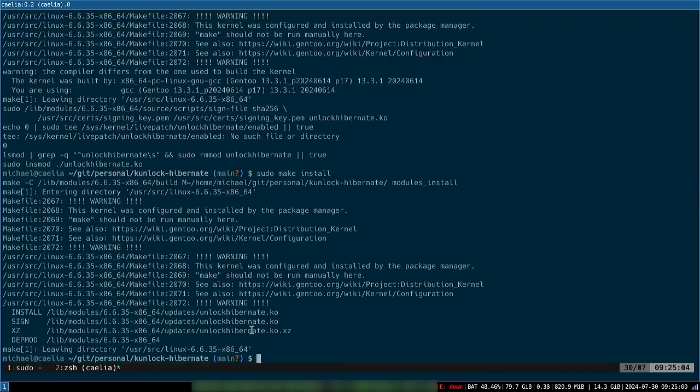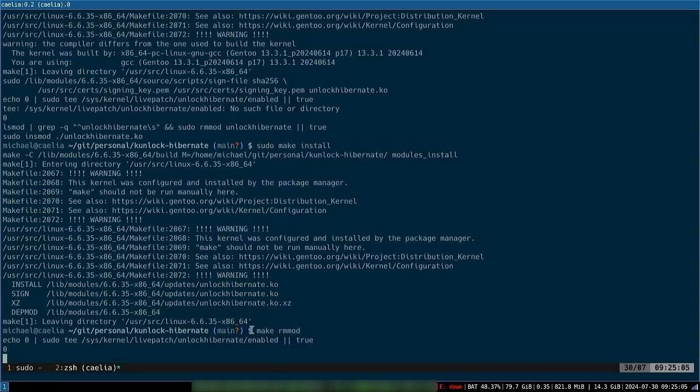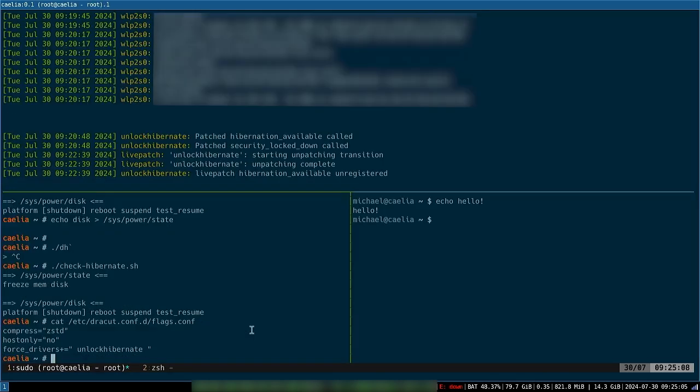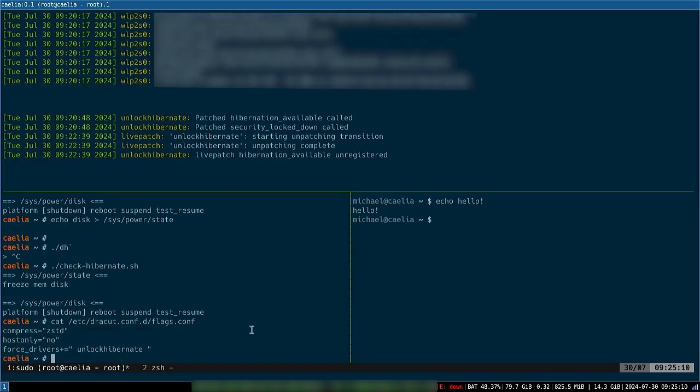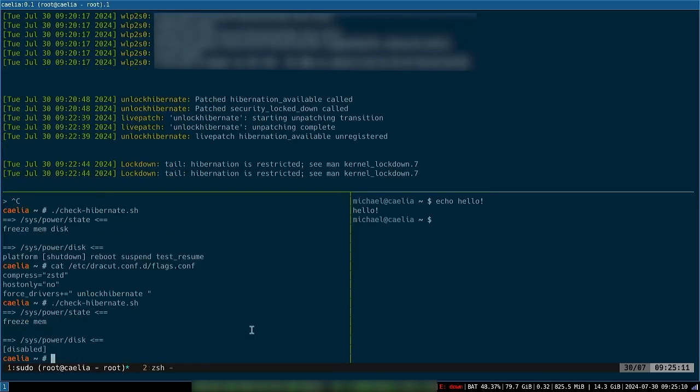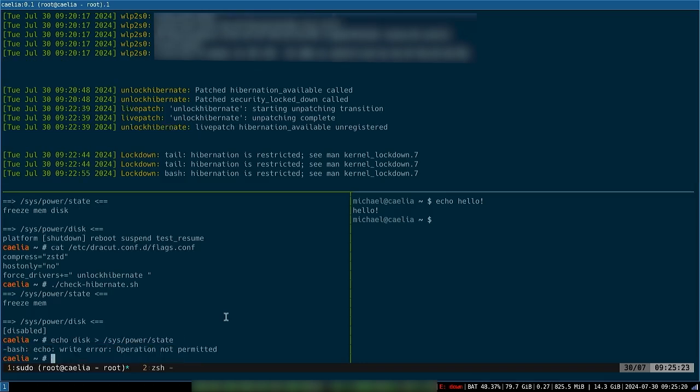Now if I do make rmmod again, that just unloads that kernel module. And if I do check, you can see again, it's back to failing. Hibernation is restricted. And if I try to echo disk to, what is that? I'm just going to do this. Operation not permitted. Hibernation is restricted. You're not allowed to do that. Kernel lockdown doesn't let you. And